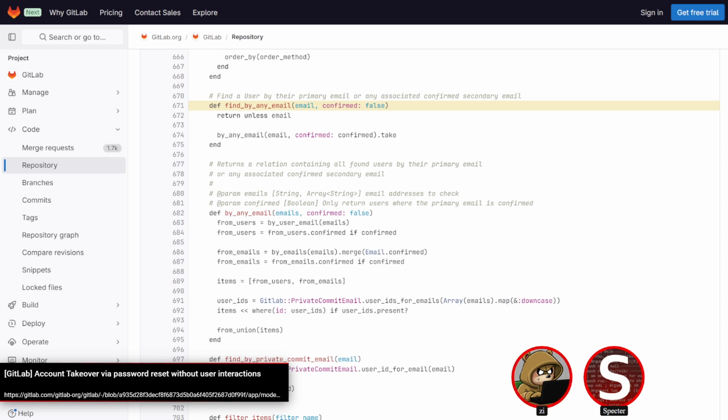Yeah. So for all of that, this is a common pattern and also a common source of vulnerability. So keep that in mind when you're looking. It is a common pattern that you'll see, where you have one function that accepts all sorts of different parameters and then figures things out from there. I would say in this case, the root function, by any email, should just take the array.